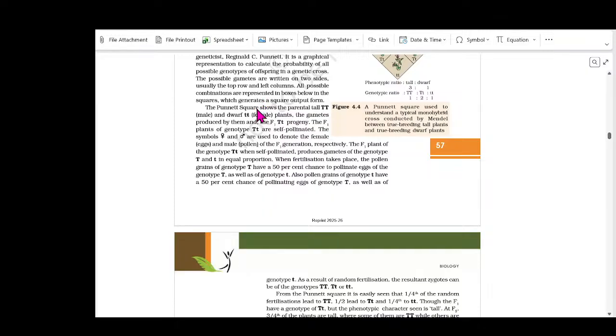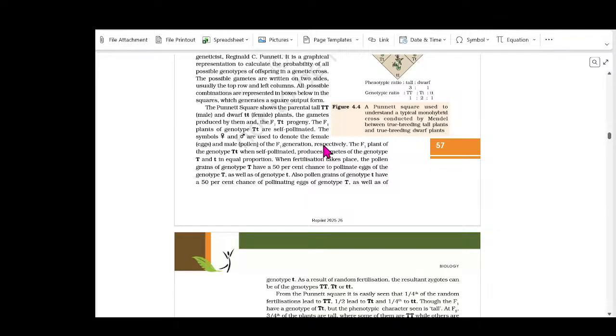The Punnett square shows the parental tall capital T male and dwarf small t female plants, the gametes produced by them, and the F1 capital T small t progeny. The F1 plants of genotype capital T small t are self-pollinated. The symbols female and male are used to denote the female and male pollen of the